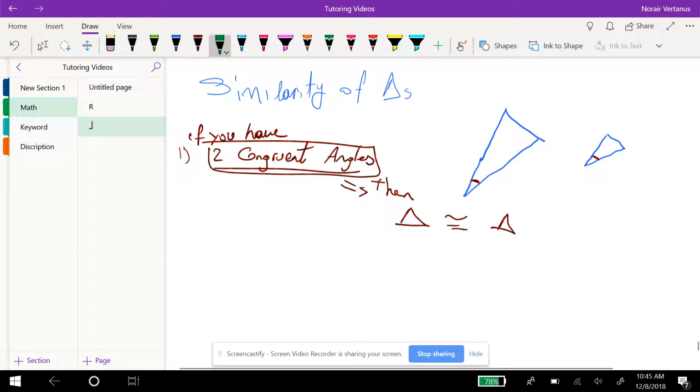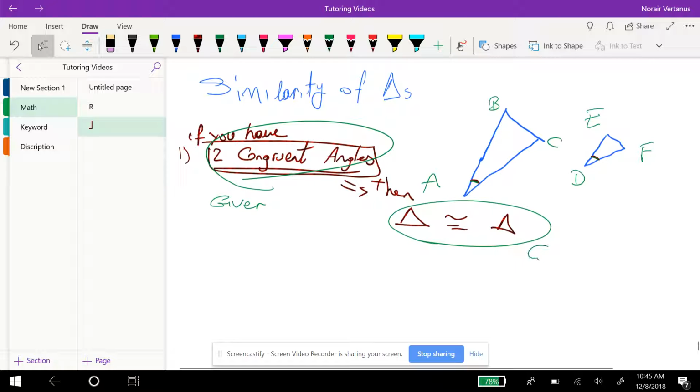So one of them is, let's say, this angle, I already drew it. This angle is called that angle. Let's label them A, B, C, D, E, F. So this is the given part. If you have that given, you can conclude this. So the given is, if I know angle A is congruent to, oh, that similarity is not like that. Similarity, that's congruency. Similarity is just like this. So